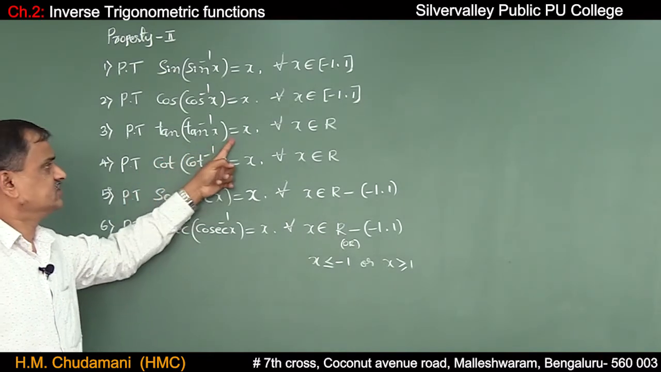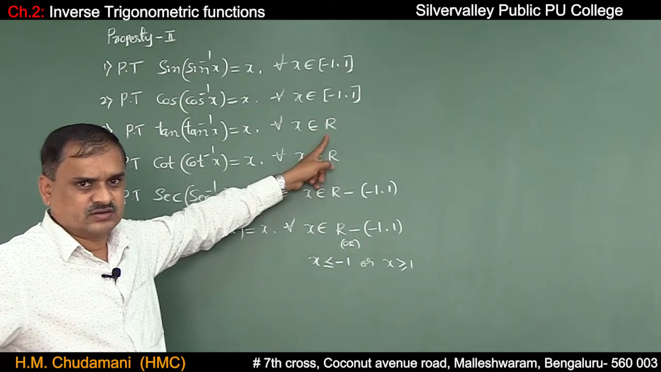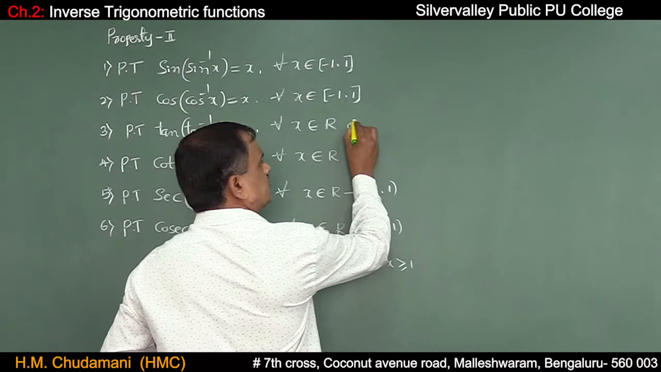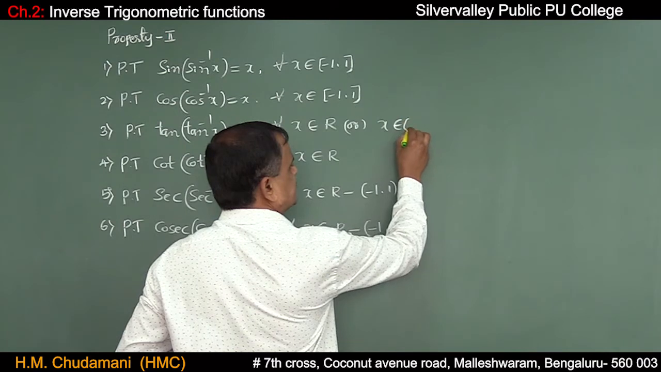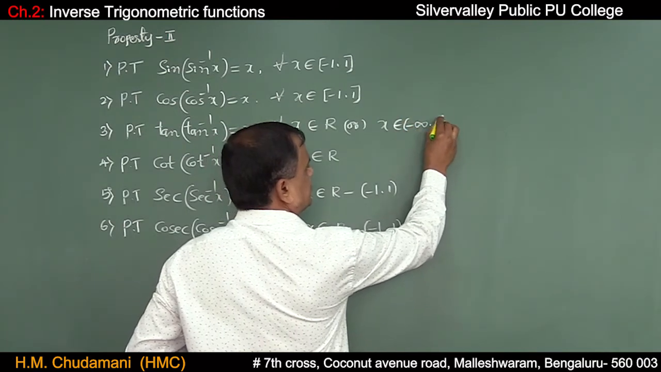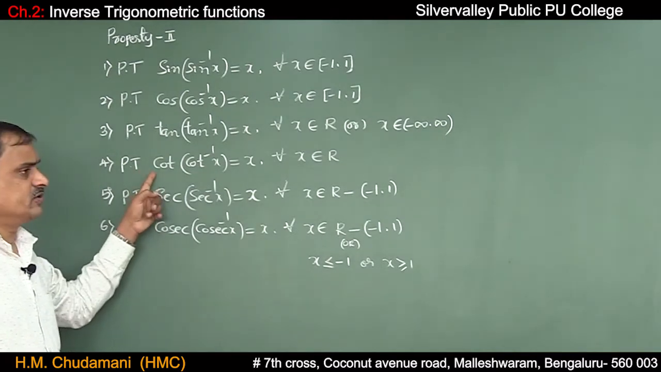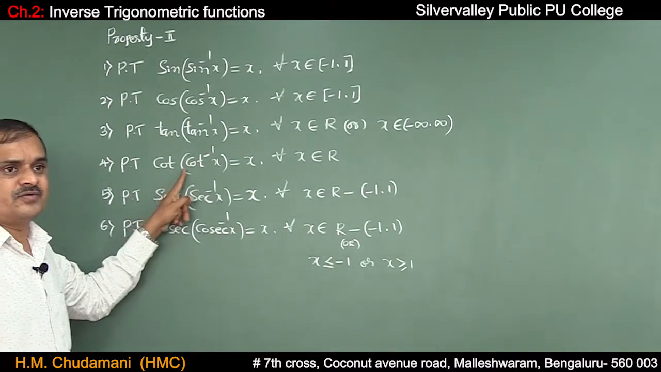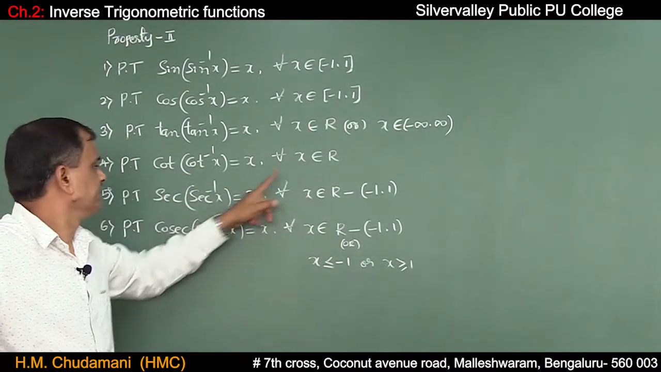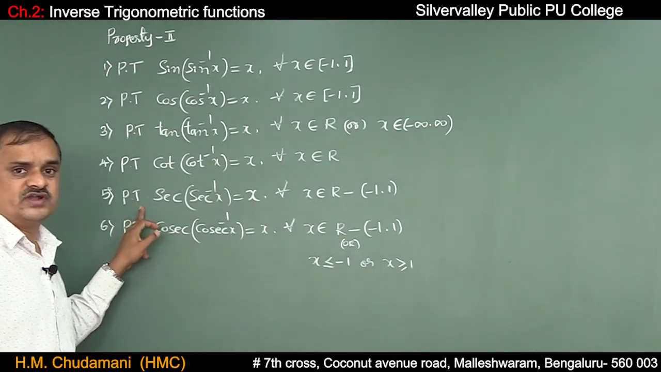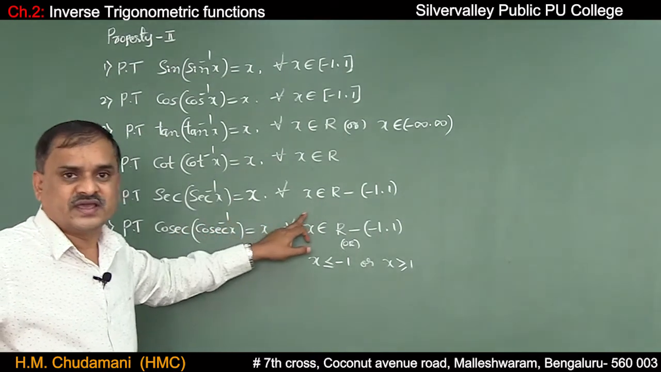Tan of tan inverse x is equal to x for all x belongs to the real numbers. Instead of writing R, you can write this as x belongs to minus infinity comma plus infinity, the open interval minus infinity comma plus infinity. And the fourth one, prove that cot of cot inverse x is equal to x for all x belongs to R. Fifth one, prove that secant of secant inverse x is equal to x for all x belongs to the